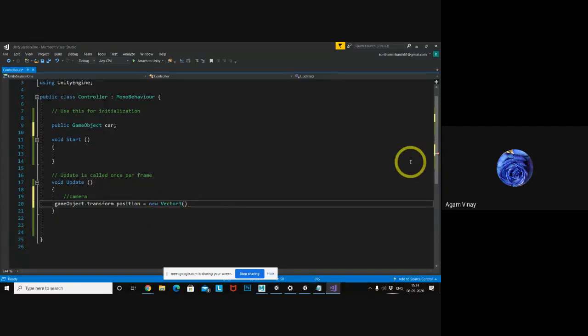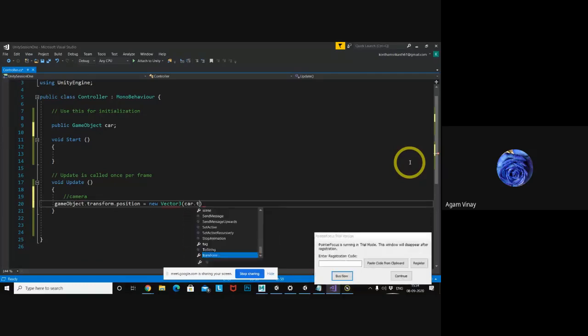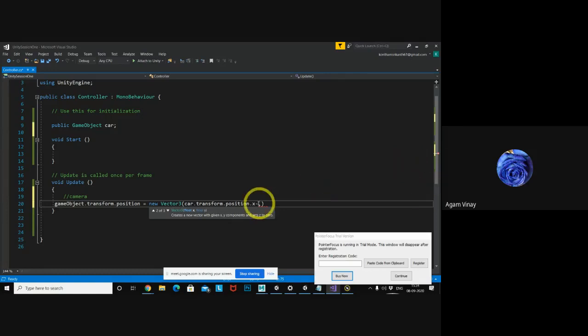Like I will take car.transform.position.x value. So the car x value, and the y and z values I will take with some distance I need to follow. If the car has position 10 in the x direction, I want to move the camera x to that position. Like I will show you.